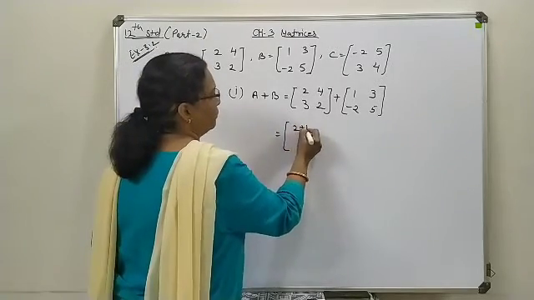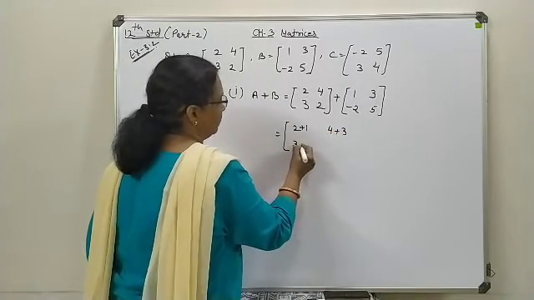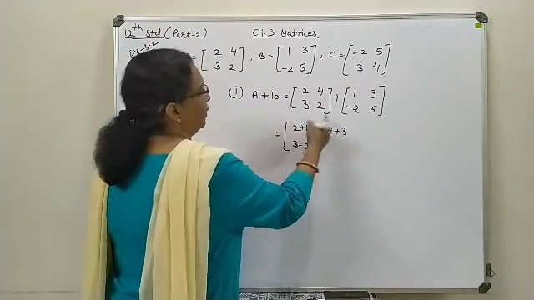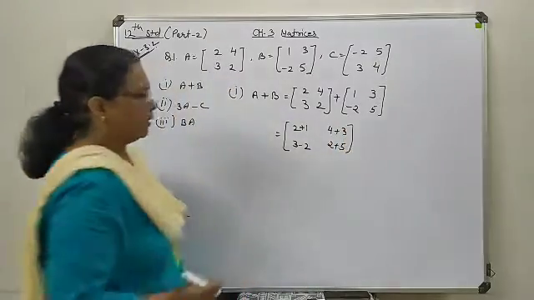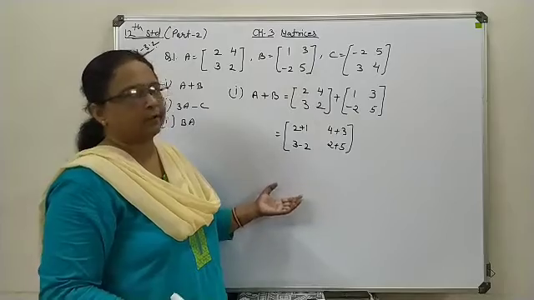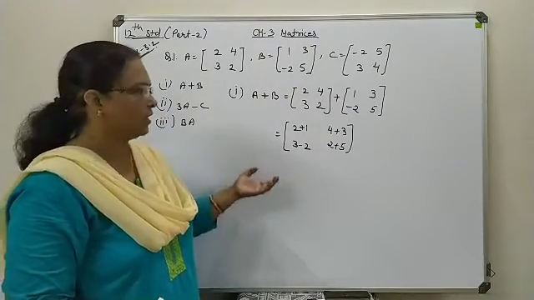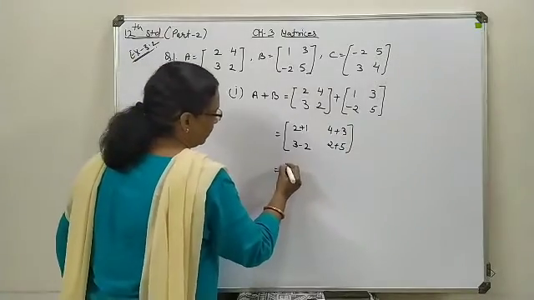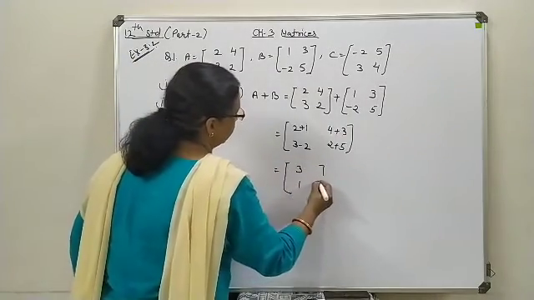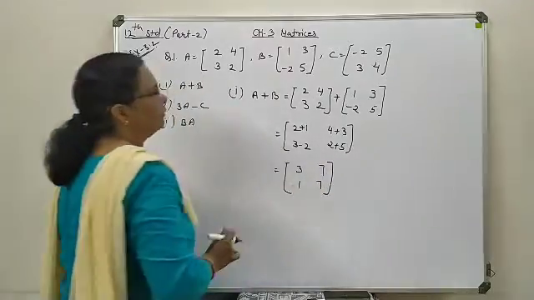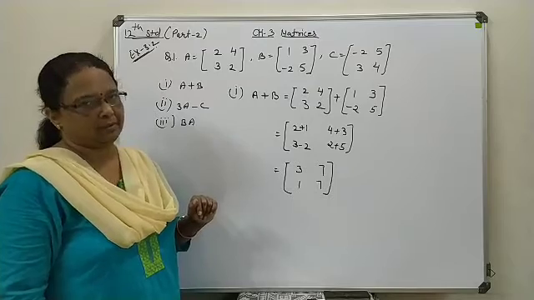2 plus 1. You can also handle this directly, but it is initial, that's why we are writing everything. And 2 plus 5. Just concern the same sign whatever is written along with each element. Now perform addition and subtraction as per the requirement. 3, 7, 1 and 7. So this will give you the solution regarding the sum of the two matrices.